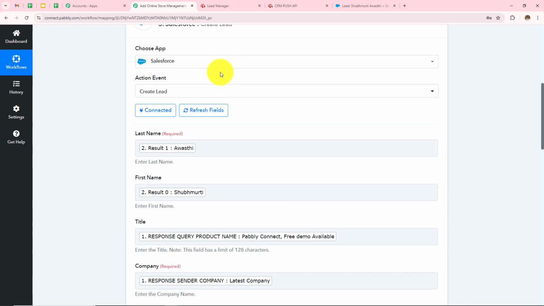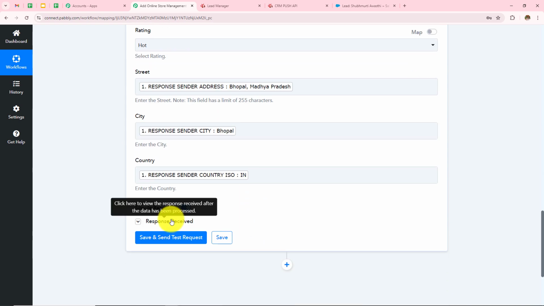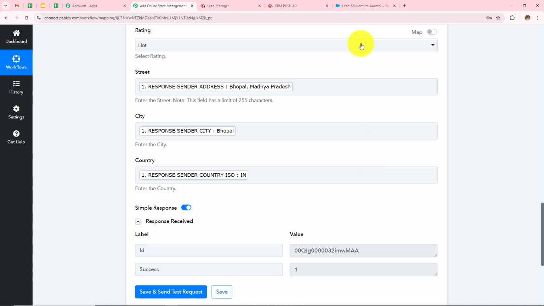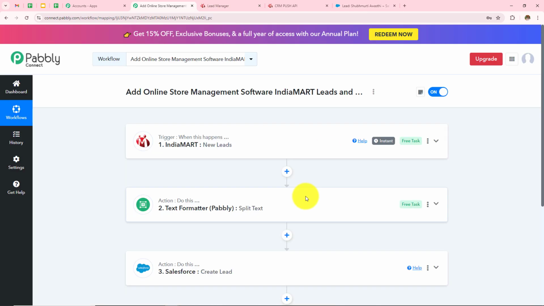Here we took Salesforce as our action application where we entered the name, the title and the company name, the response that I have received in my IndiaMart. We entered all the other details like email, description and address, simply clicked on the save and send test request, and received the response as this lead and inquiry being added to my Salesforce. So we have successfully created automation between IndiaMart and Salesforce with the help of Pably Connect.